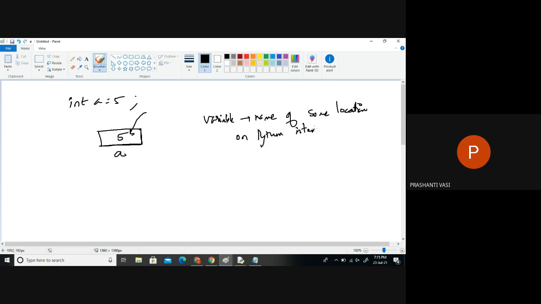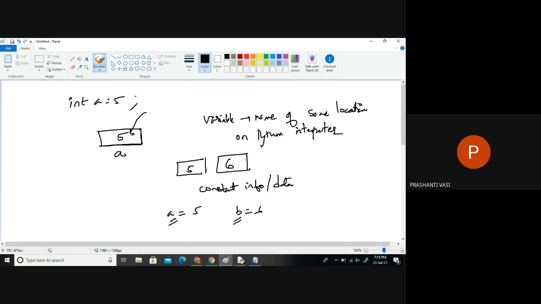Whenever the Python interpreter is running, it reserves some space inside. So if I say 5, it is stored somewhere. If I say 6, it is stored somewhere. So 5 and 6 are not names, they are constant information, data. But if I say A is equal to 5 or B is equal to 6, what are A and B here?